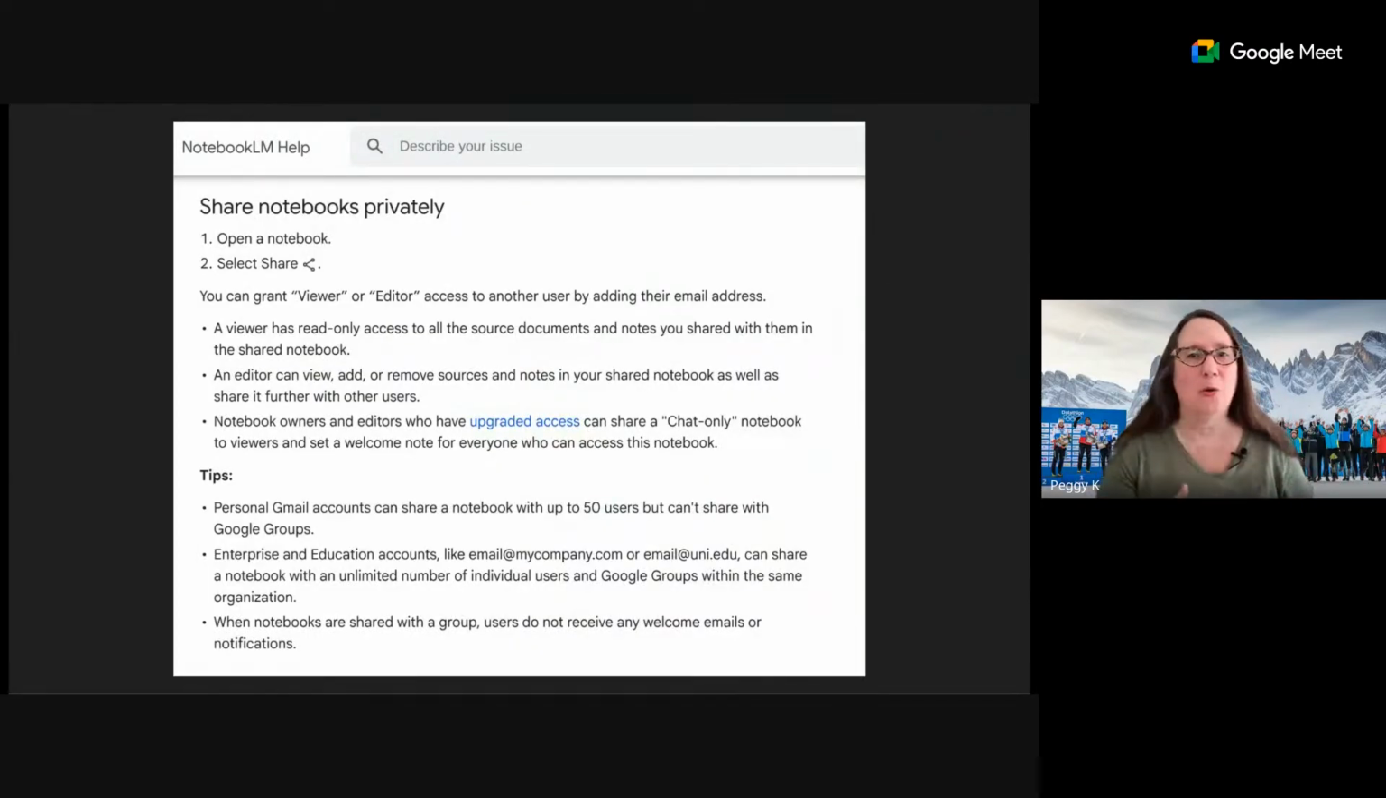There is a whole article in the NotebookLM Help Center that explains about how private sharing works. So you can set people to be a viewer or editor, and a viewer can see the source documents and notes, but not generate any. Editors can do everything, and